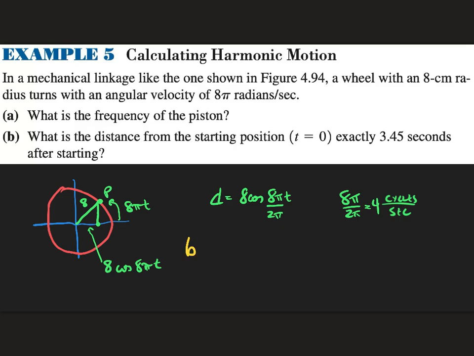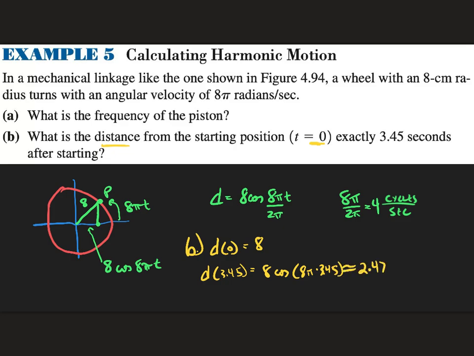And let's look at B. What is the distance from the starting point? So now we're going to stick in d of 0. And we know the cosine at 0 is 1, so 8 times 1 is just 8. And then the d at 3.45 is equal to 8 cosine 8 pi times 3.45 seconds, which is going to be about